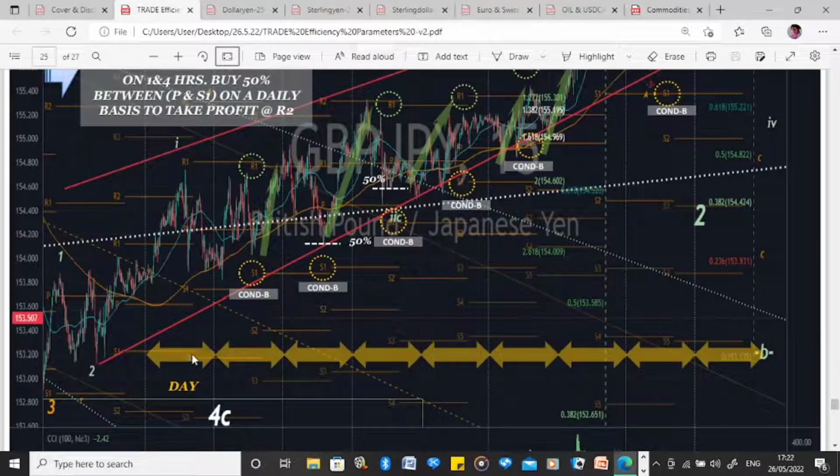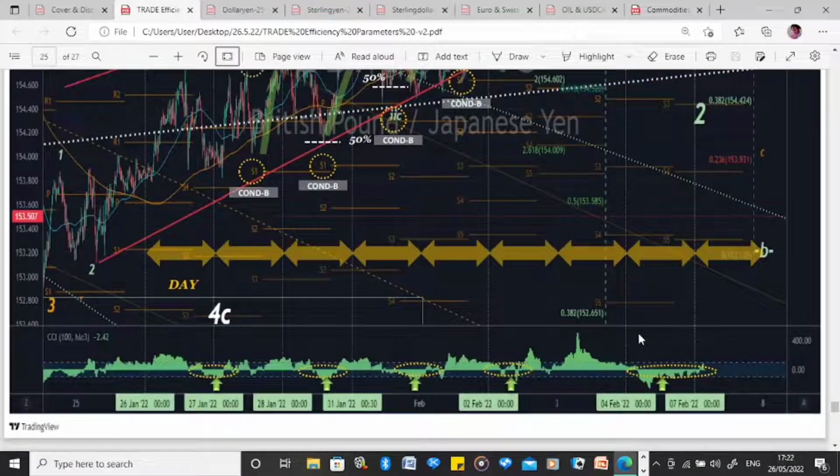Over here, we're showing each day. Each of these arrows in brown, yellow are marking 1 day. So these are the corrective cycle parameters. Okay, so they look pretty much the same. We always waste a lot of time doing the internal corrective cycle projections, but in reality, it shows here that